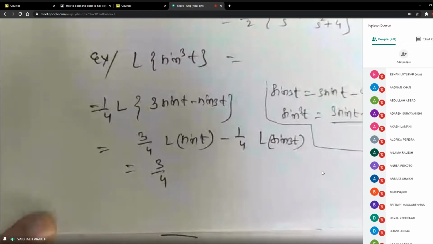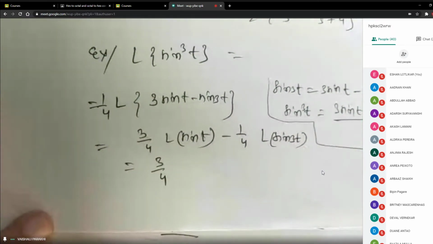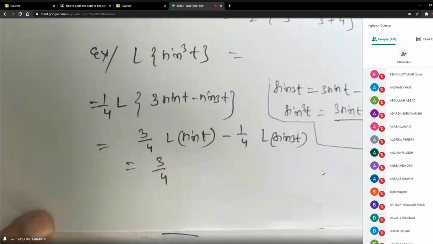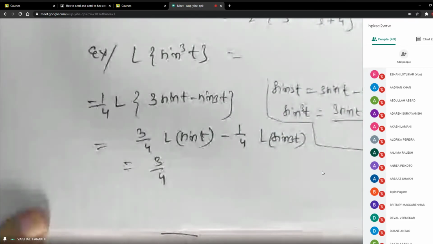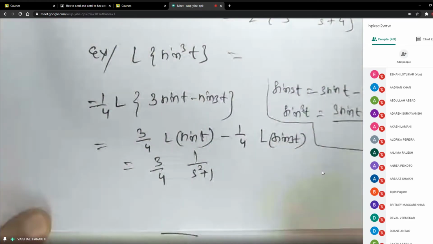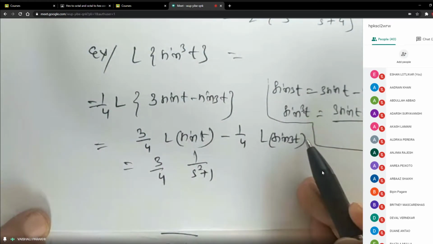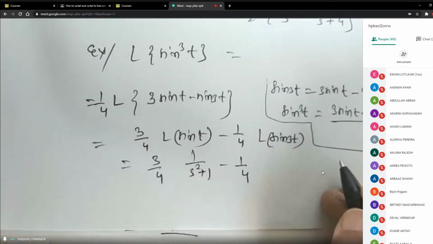Laplace of... Muskan, can you tell what is Laplace of sine t? Muskan, can you hear me? Ma'am, 1 upon s square plus 1. Very good. Because a is 1 here, a upon s square plus a square. Correct. Minus 1 by 4. Then